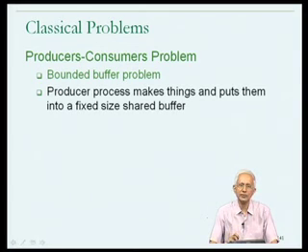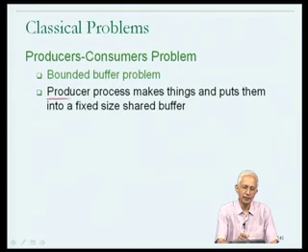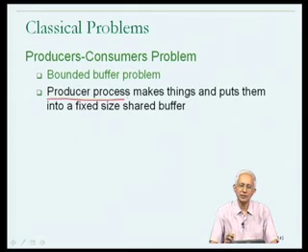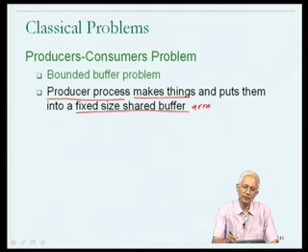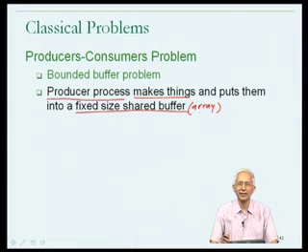Now, the nature of the problem is the following. The situation is one where I have one or more processes which are producing. I refer to them as the producer process. The property of the producer process is that it produces something and then puts it, the thing that has been produced, into a fixed size array or buffer. So when I use the word buffer, I am referring to something which we will represent as an array in the program. The property of the array is that it is a shared array